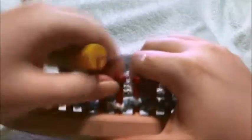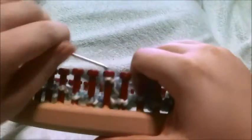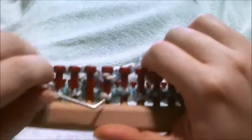Then you're going to E-wrap chain 10: 1, 2, 3, 4, 5, 6, 7, 8, 9, 10. Pick that up, move it over to the next peg, toss the bottom loop over,